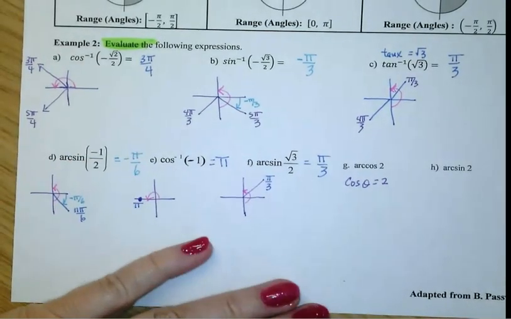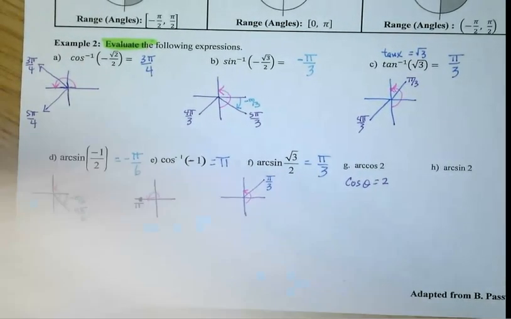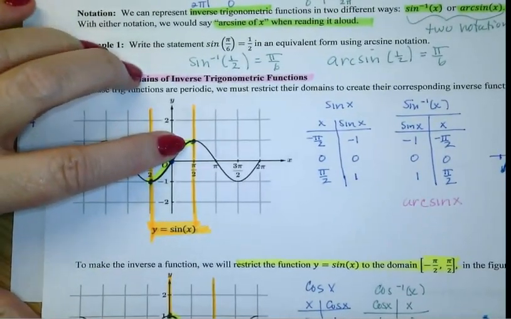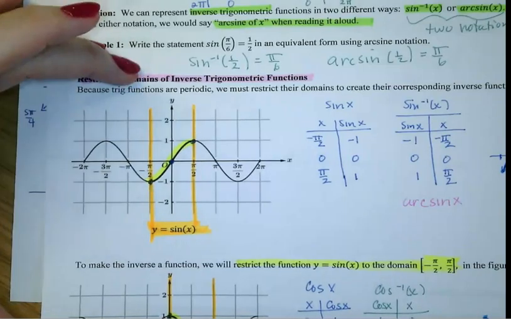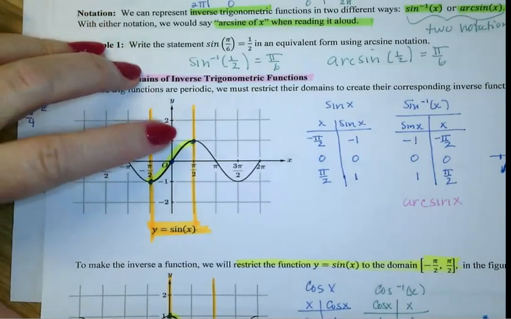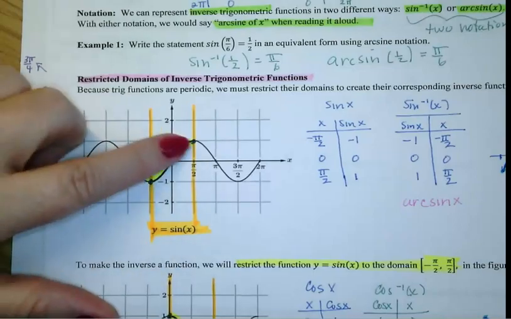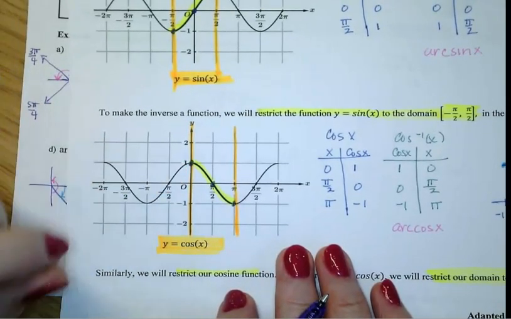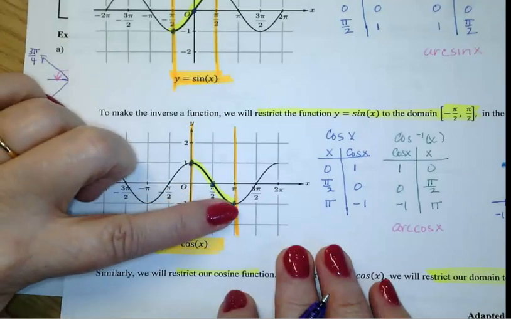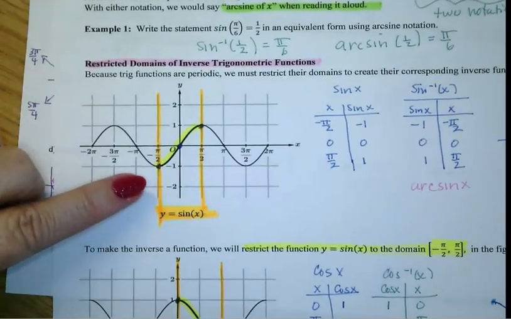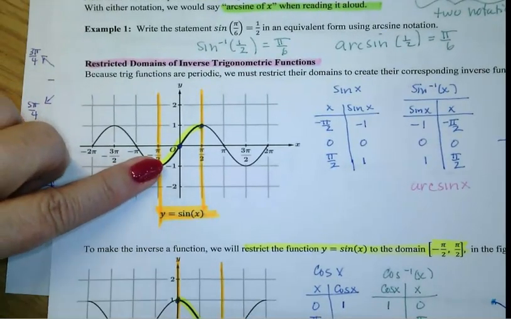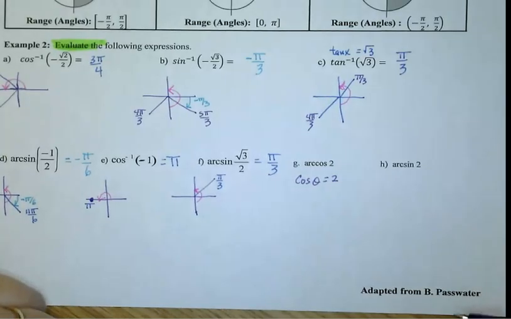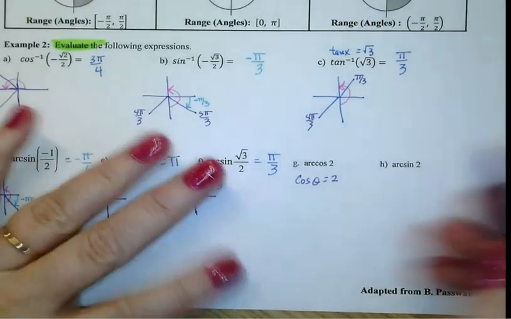So now if you think about our graphs, if you can go back to this note page right here, what was the maximum value for a basic sine graph? It was 1. What was the maximum value for a basic cosine graph? 1. What was the minimum for a basic cosine graph? -1. What was the minimum for a sine graph? -1. So if I'm asking you what has a cosine value of 2, then we have a problem